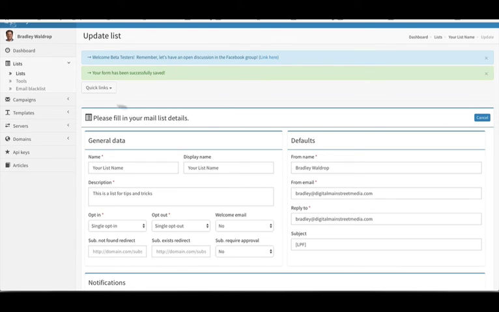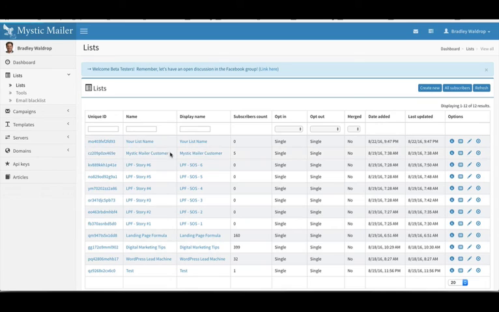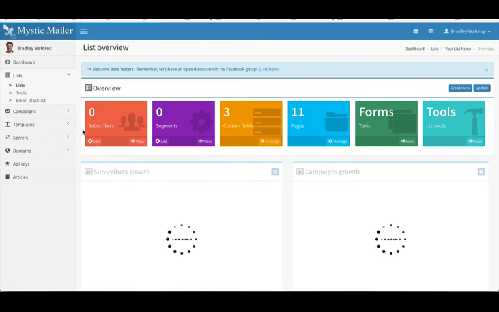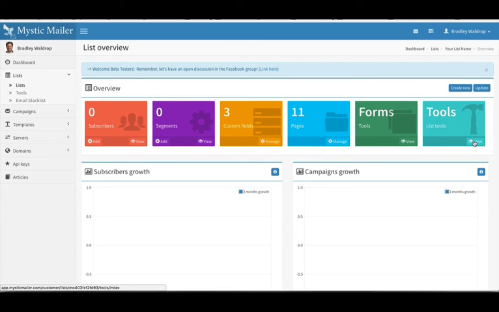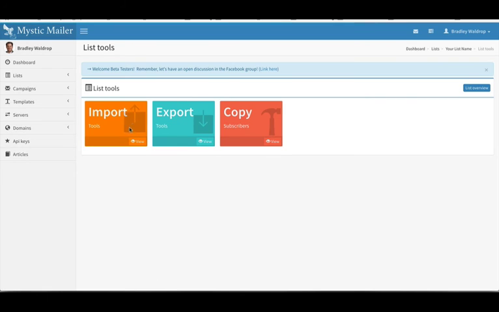Okay, super simple. If I want to upload names into the list, I click on Lists here, and I just created this one. It's called Your List. If you click on this little I, you go right to the information for the list, and from the information in the list, you can then create or upload all of your contact information. And here we go. So if you go to Tools, right over here, you click on Tools, and you click on Import,